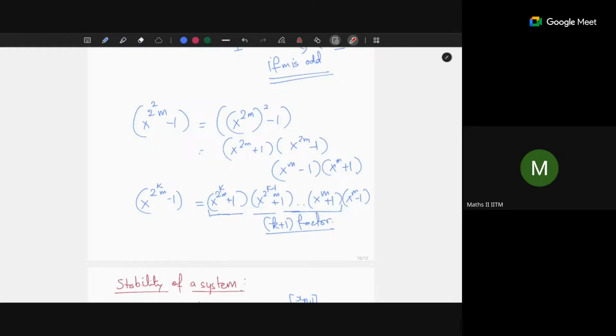And here I'm using one of the properties that these polynomials do not have any real root in R except x equal to 1. Sorry, x equal to minus 1. They do not have any other root than this. Yeah, so I'm using this fact also,